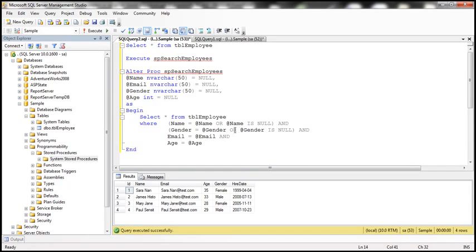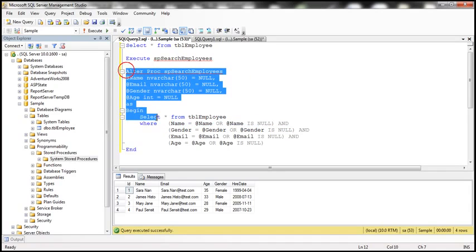Similarly, where email equals @Email or @Email is null. Age equals @Age or @Age parameter is null. So basically if one of these conditions is true, that's fine. So let's alter this procedure,